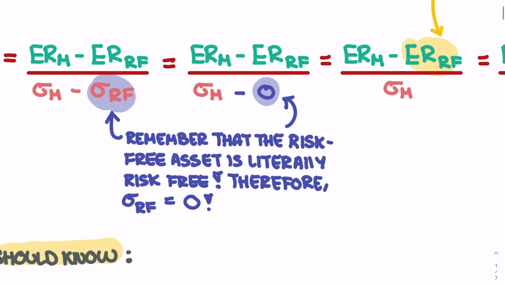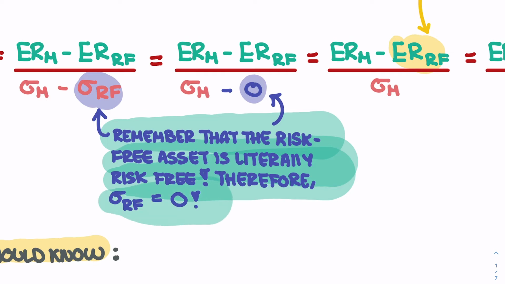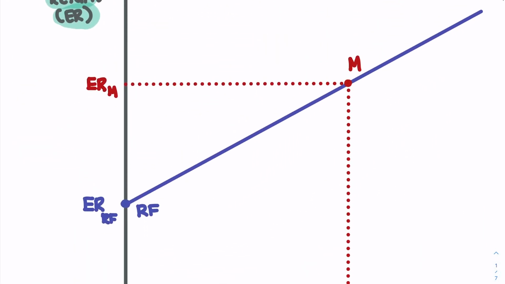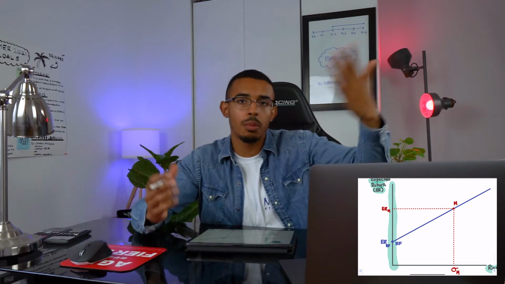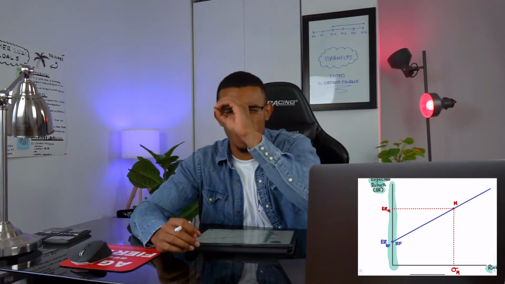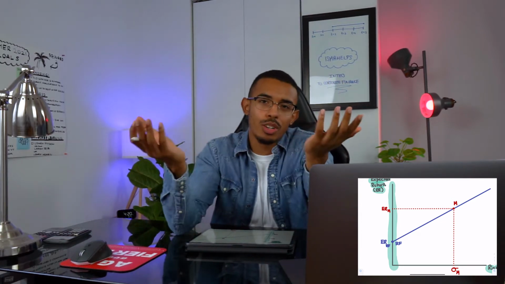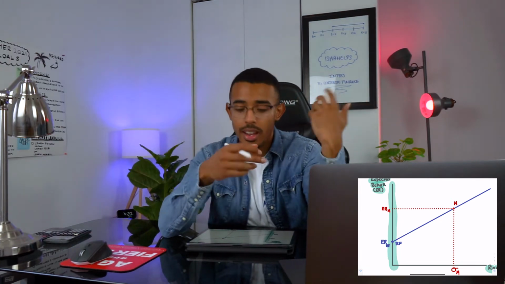So if you go right here, remember that the risk-free asset is literally risk-free. Therefore, its risk is equal to zero. And we know that if something has risk of zero, it has to be on our vertical axis. Therefore, in this case, our risk-free rate would be on our vertical axis because it has zero risk, but it still allows you some sort of returns. So in other words, our risk-free rate is our intercept. Okay? Our risk-free rate will be our intercept. And this is super useful